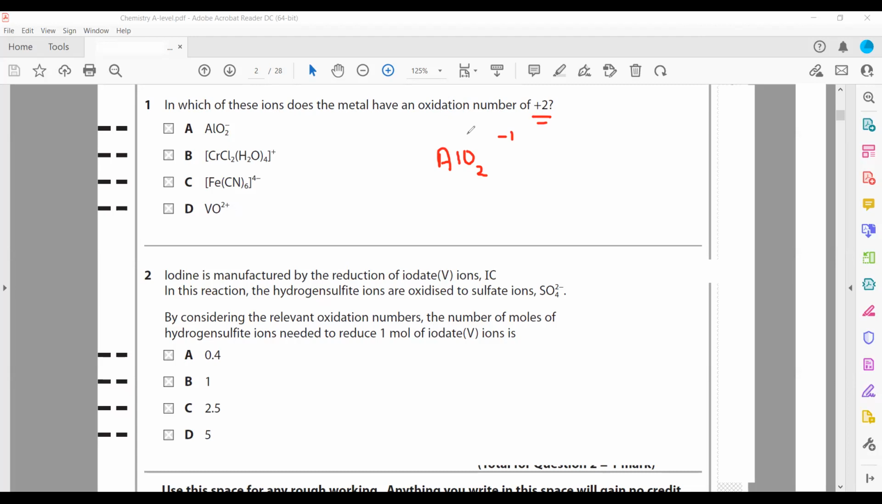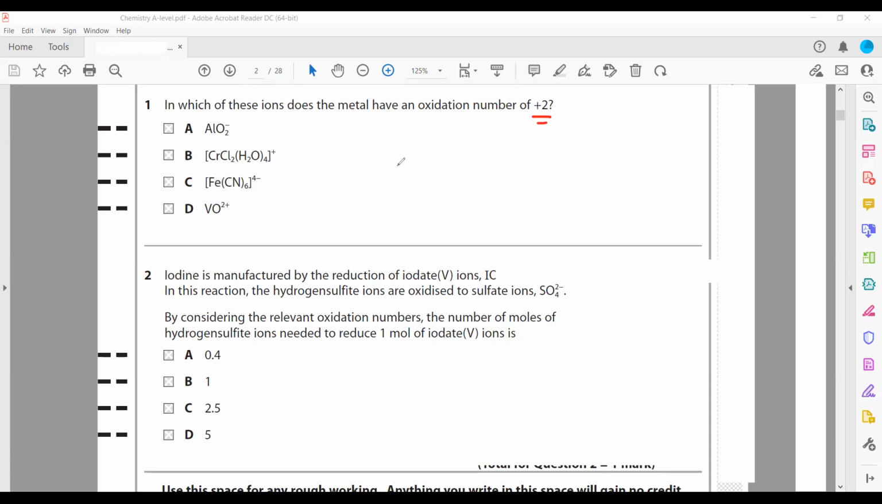So each oxygen is -2, so two oxygen will be -4. Because the net charge should be -1, aluminum should be +3. So it cannot be A. Then we check the second one,